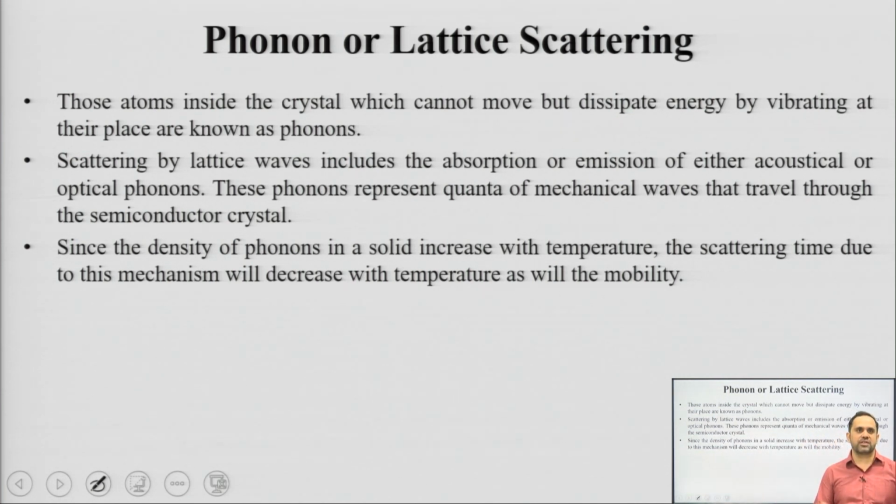And since these phonons are a part of the lattice structure, the crystal lattice, you can also call this mechanism a lattice scattering mechanism. Okay. So, scattering by these lattice waves, we say waves because when they are vibrating, they produce a sort of wavy structure inside the 3-dimensional crystal. A crystal is purely a 3-dimensional arrangement. So, when this 3-dimensional arrangement of atoms starts to vibrate, you can call it a lattice wave.